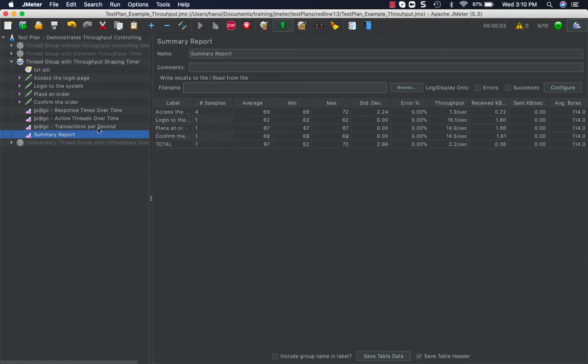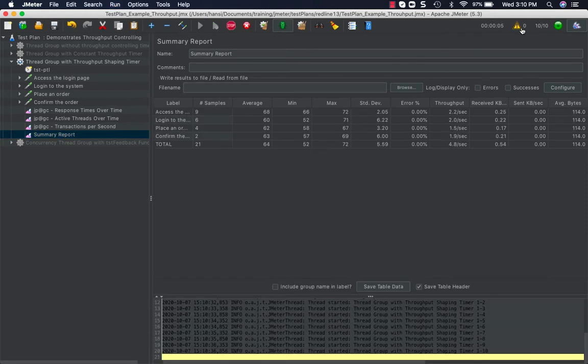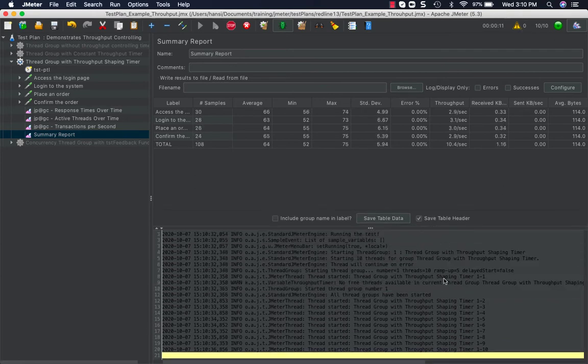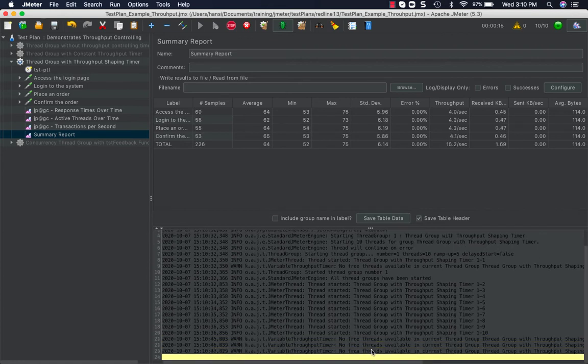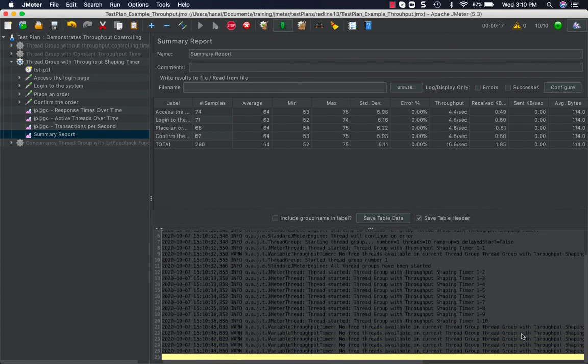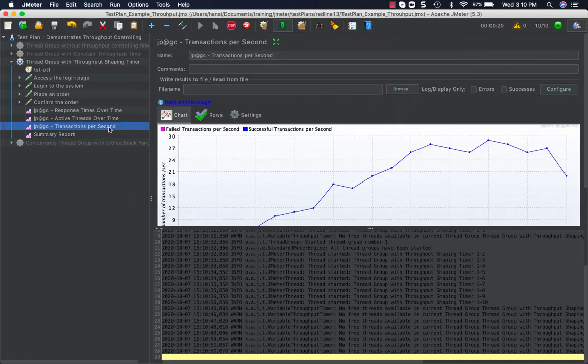This time, let me open the log as well from here and watch what's happening. You can see no free threads are available in the current thread group to generate the desired transactions per second.